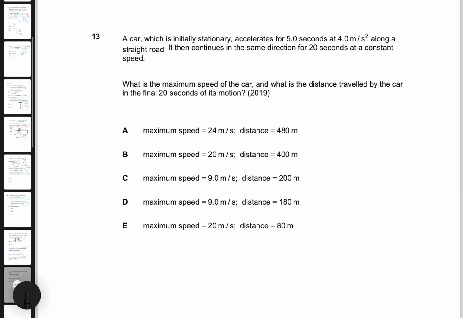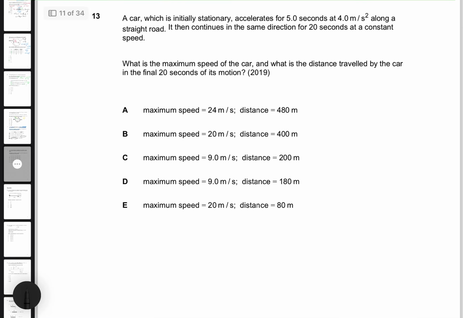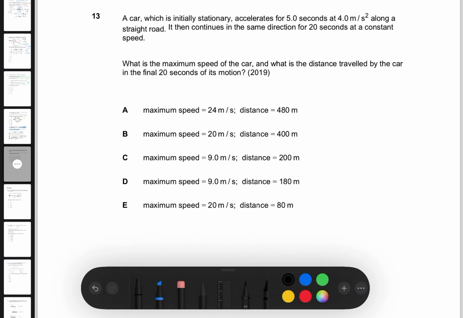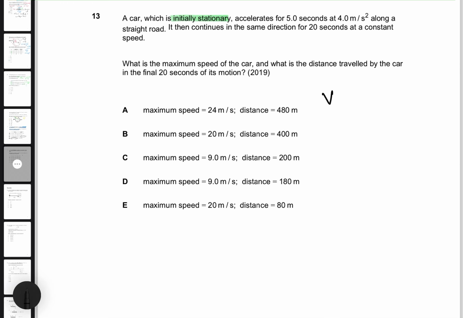Now, let's take a look at number 13. This question is actually pretty interesting as well. We have to look at it and see how we can solve it. It says a car is initially stationary. When a car is stationary, that means that the initial velocity of the car is equal to 0. When they say a car is stationary, it's at rest, it starts from rest, or something is dropped, initial